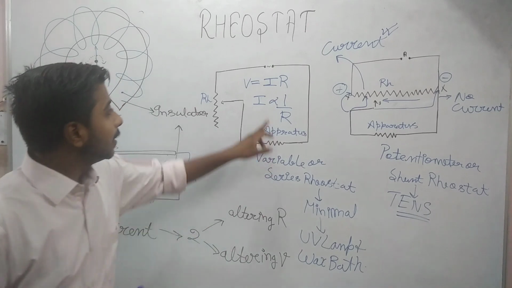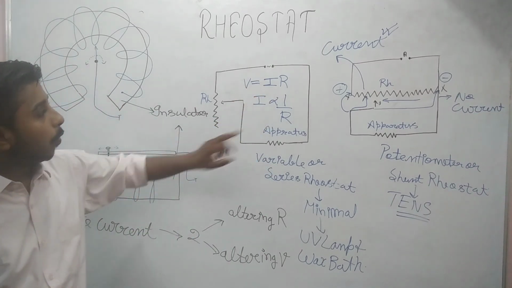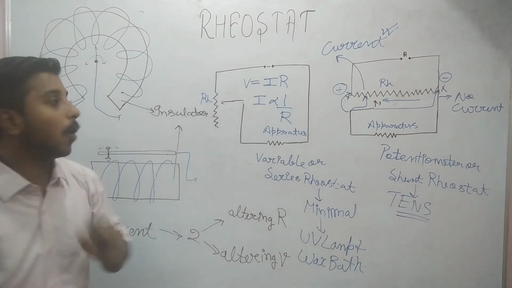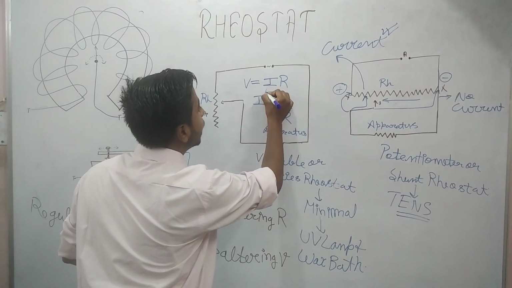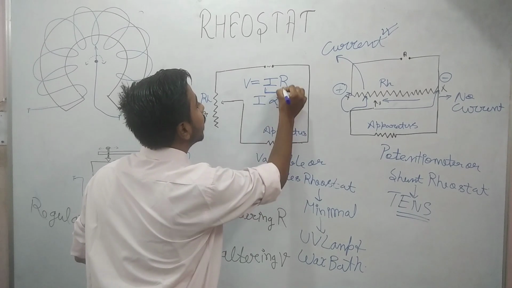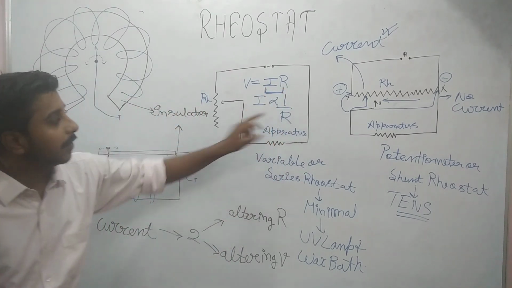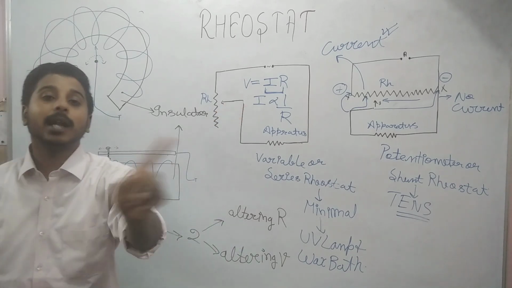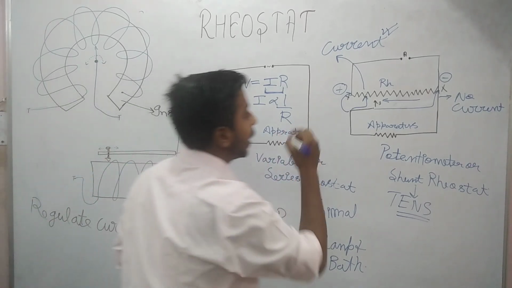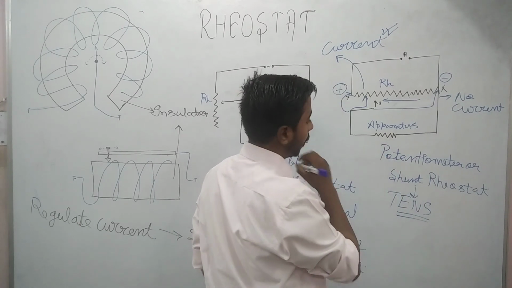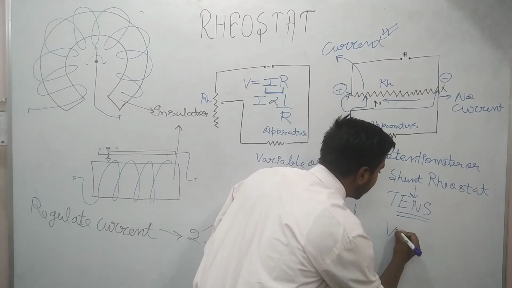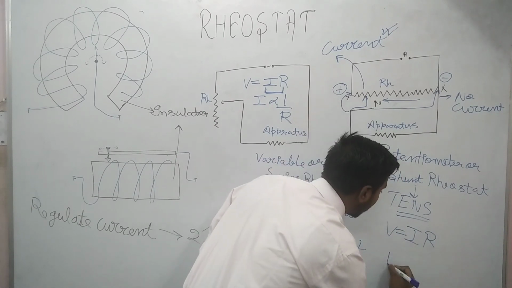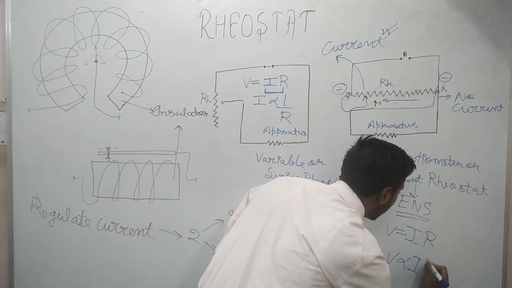Now you will say that here I have told you about the law which is utilized, and which law is utilized in this? It is the same law. Here the relation between current and resistance was used, that current is inversely proportional to resistance. I increased the resistance, current decreased, but it never moved to 0. And here we used the law where I can write V is equal to IR. You can see that voltage is directly proportional to current.